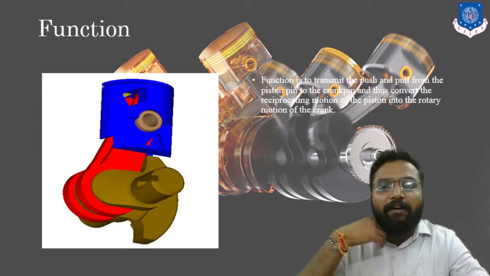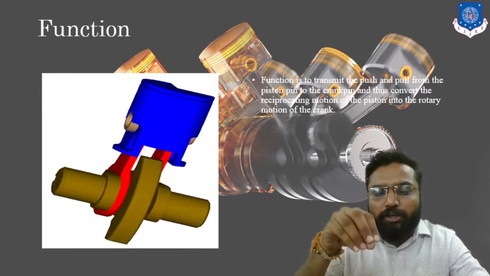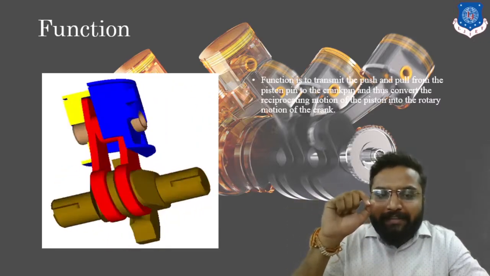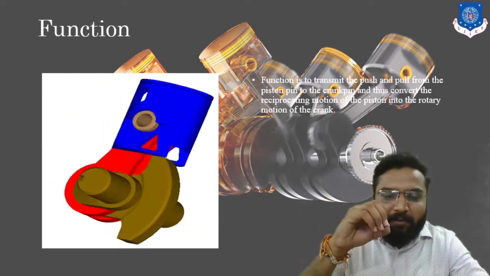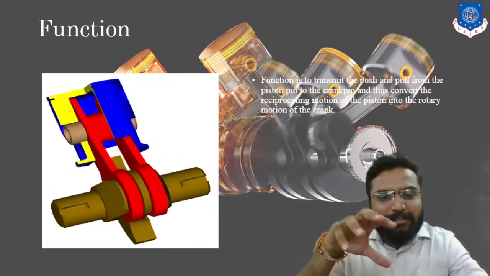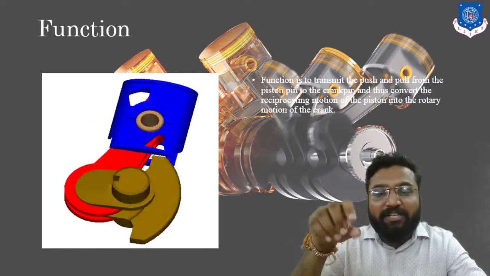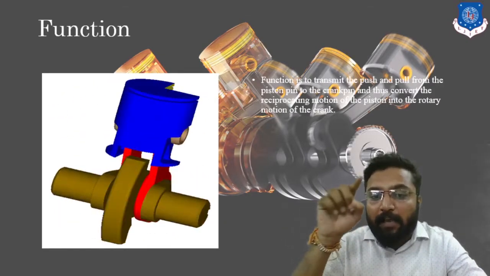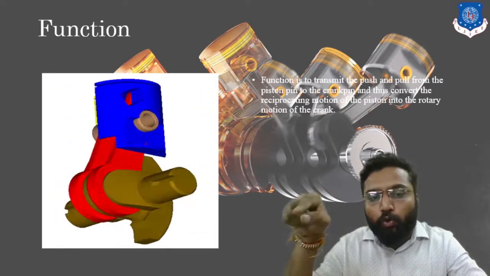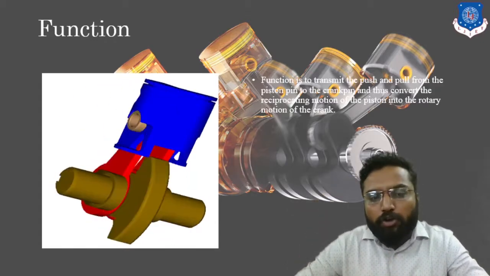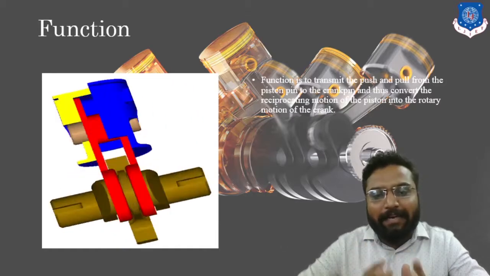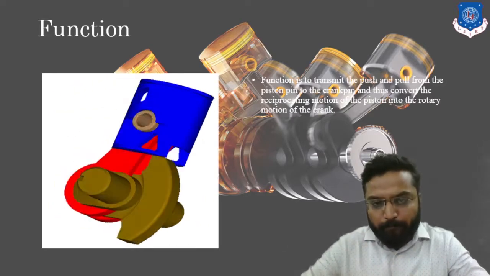So what is the function of our connecting rod? It is to transmit the push and pull effort of our piston to our crankshaft. This push and pull in terms of power transmission is generated due to our gas pressure. So it is an indirect component which transmits the gas pressure of the piston through our connecting rod to our crankshaft. You can say it is an intermediate component of the piston cylinder, or the piston crankshaft assembly.